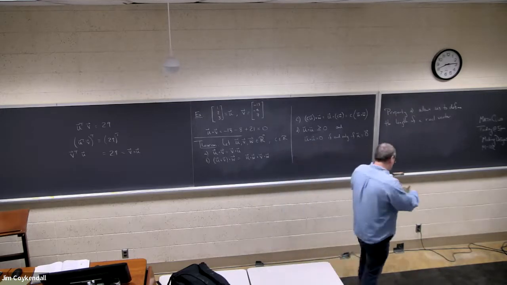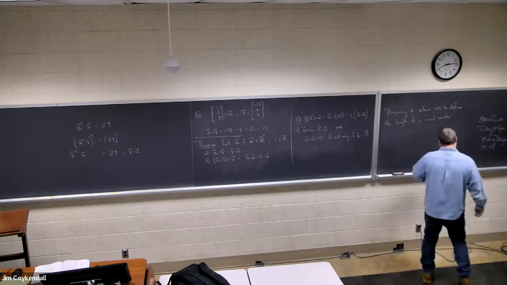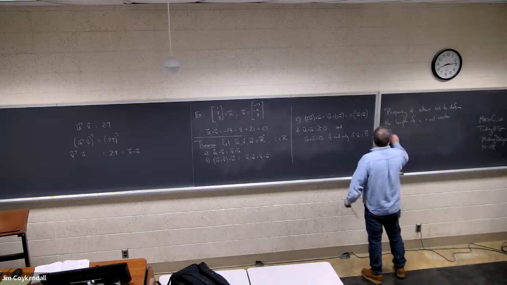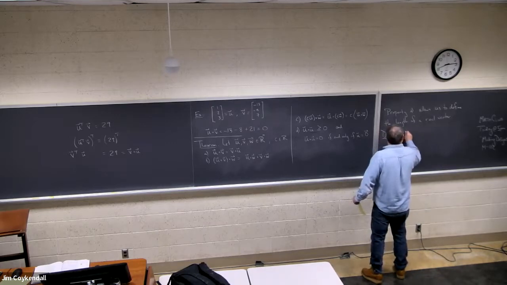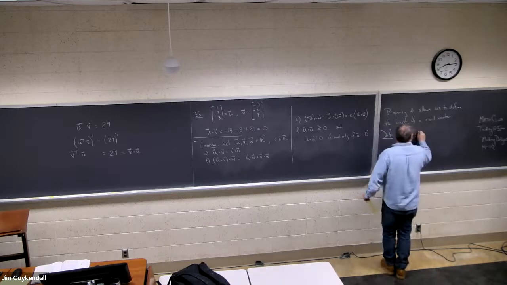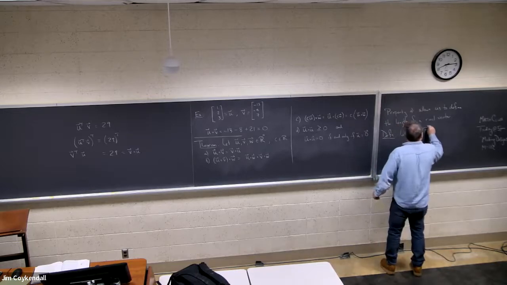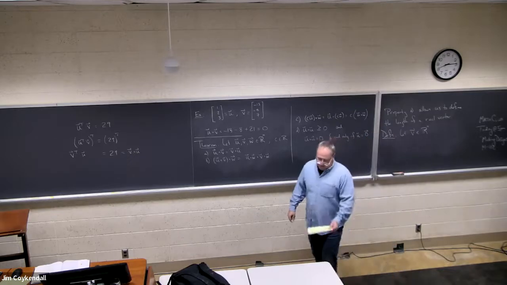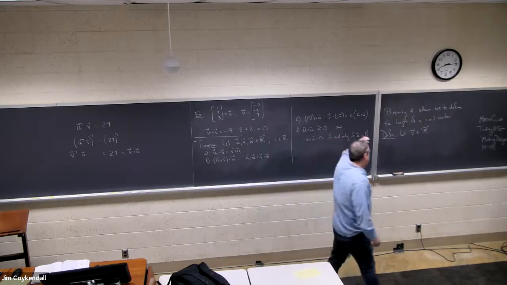It needs some stuff with complex computation. Definition: let's suppose that V is in Rn. We define